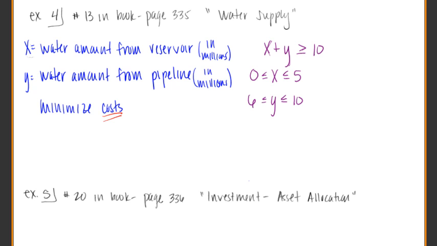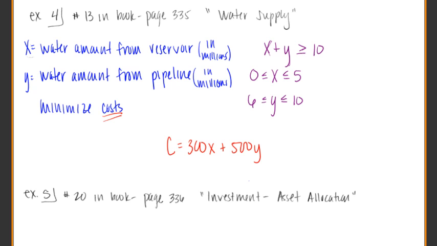If the cost per 1 million gallons of reservoir water is $300, so the cost C is going to be $300 per million gallons of X, and for the pipeline, it's going to be plus $500 per million gallons from the pipeline. And there you go, that's going to give us our cost equation. We have $300 per million gallons of reservoir water and $500 per 1 million gallons of